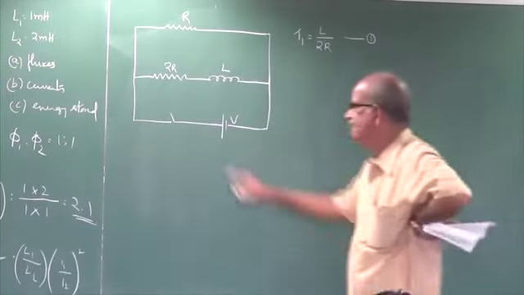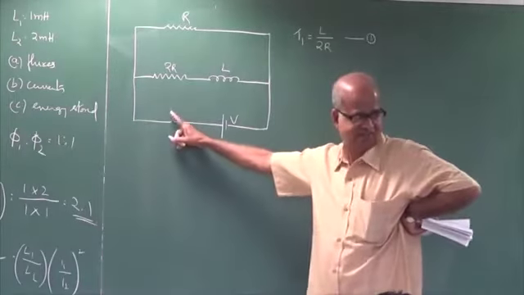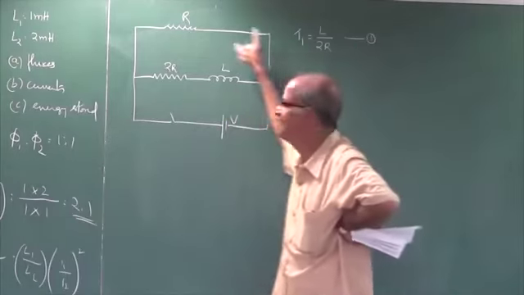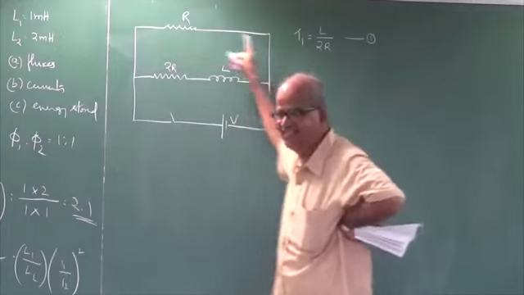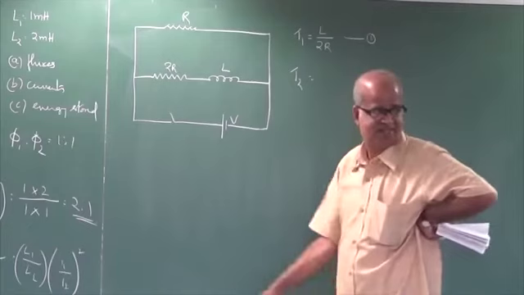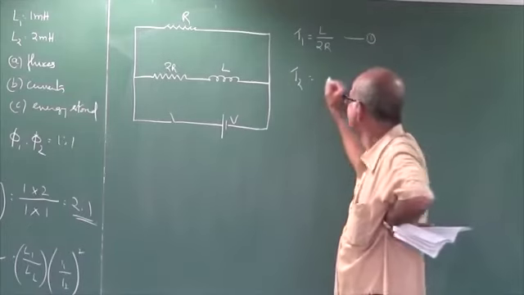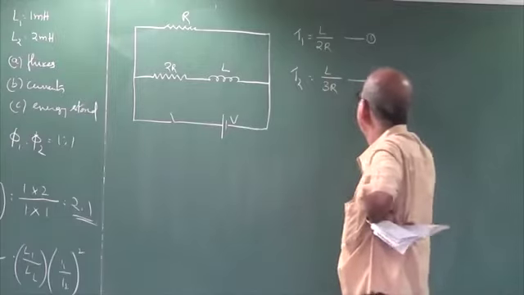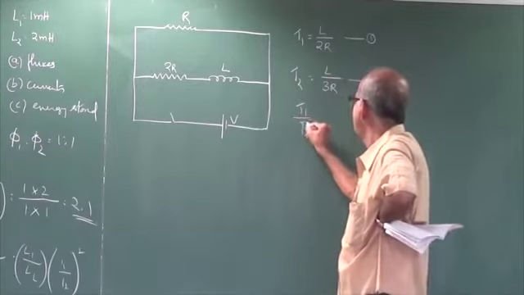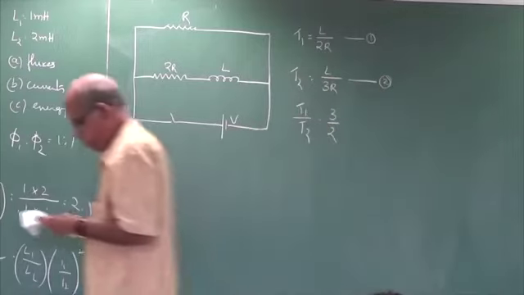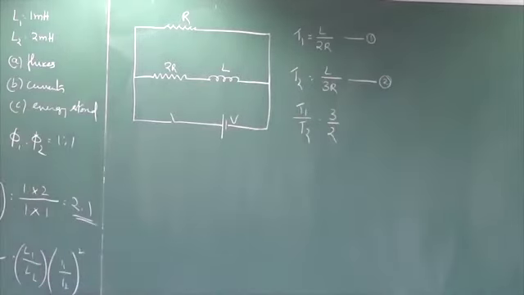During the decay, you disconnect this. No current will flow in this. Now the current will flow through the other path. Correct now? What is the time constant for the decay now? The total resistance is 3R. So T1 by T2 should be equal to